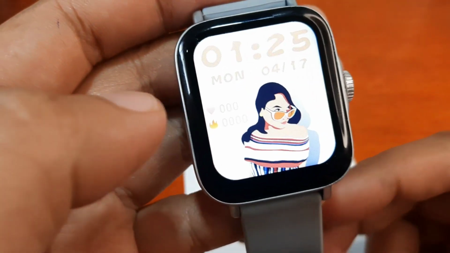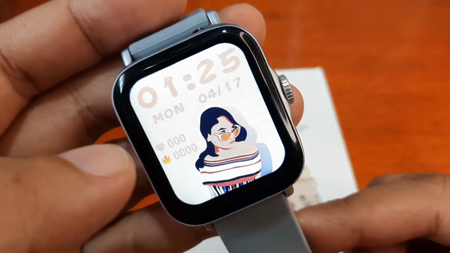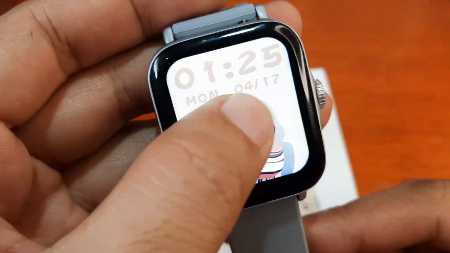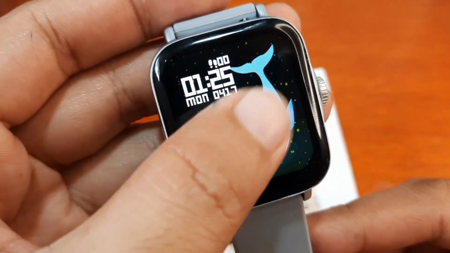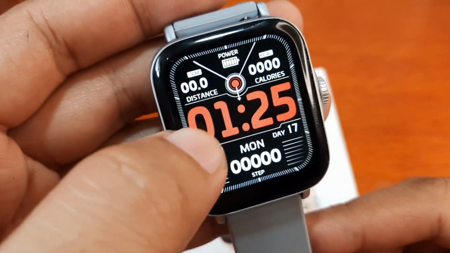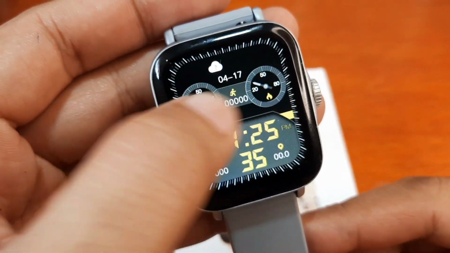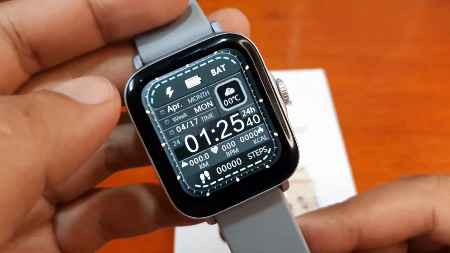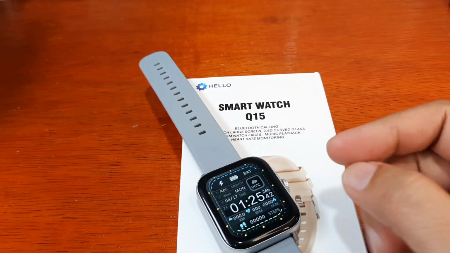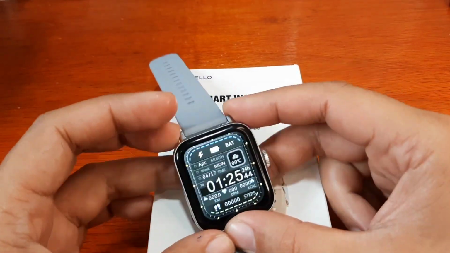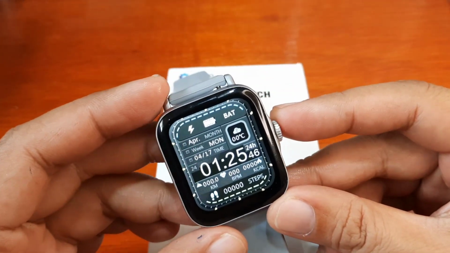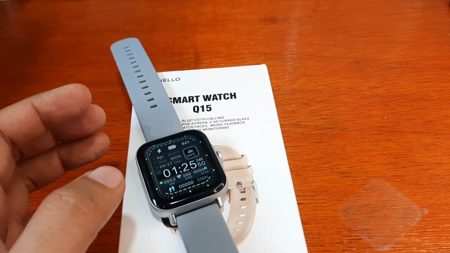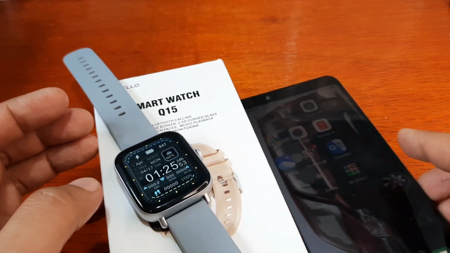What else? So we have some cool watch faces. This one we downloaded earlier just to try it out. We have some familiar watch faces here. At least several watch faces are available for this smartwatch. So we are going to download additional watch faces for this smartwatch. Let's try and check it out in the